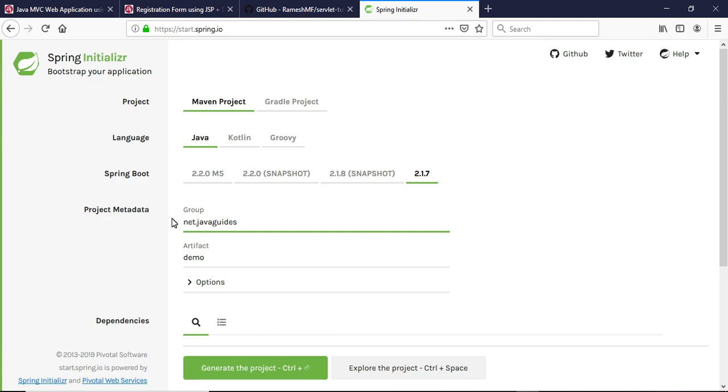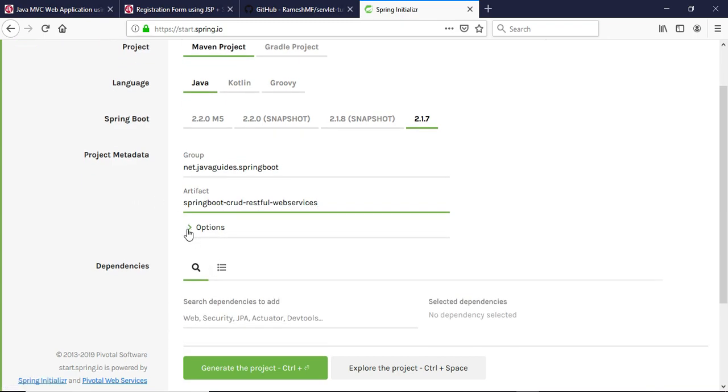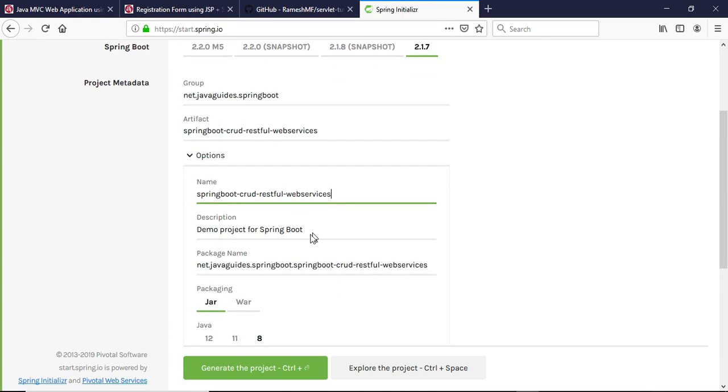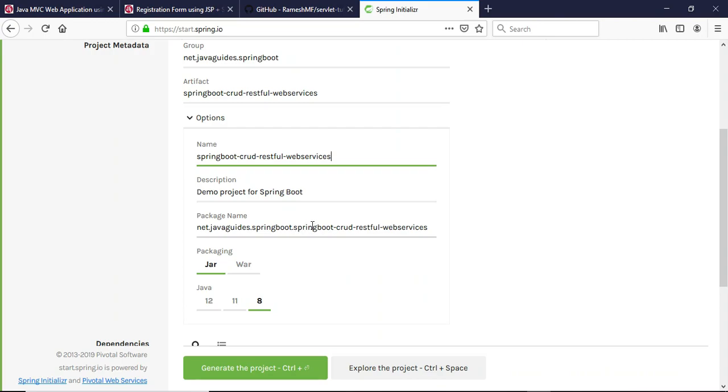Let's enter group ID as net.java.springboot and artifact ID as springboot-crud-restful-web-services. All right, so the artifact name could be the name of the application. Let's keep the name and description as they are, and let's change the package name as crud.restful.web.service. All right,